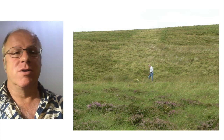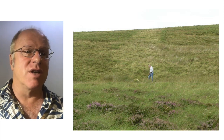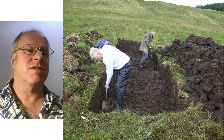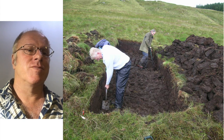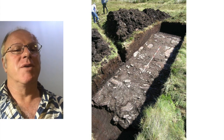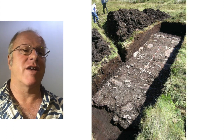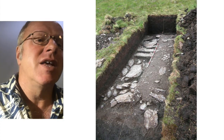So there's only one thing to do: try an excavation and see what was there. Well, there was a lot of peat. The peat had built up on top of the road to quite a startling extent, getting on for a metre of peat here. But underneath that metre of peat was a perfectly preserved bit of Roman road. We can see here the usual sort of gravel surface with some big stones in it, and we took off a bit of that surface and found that there was actually a raft of slate slabs taken from nearby